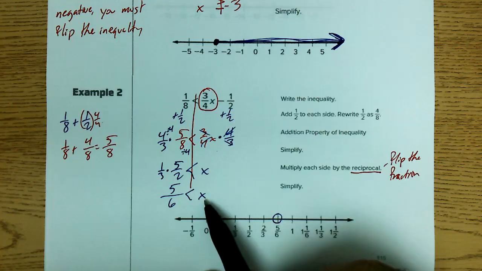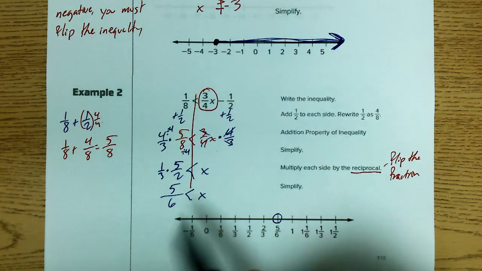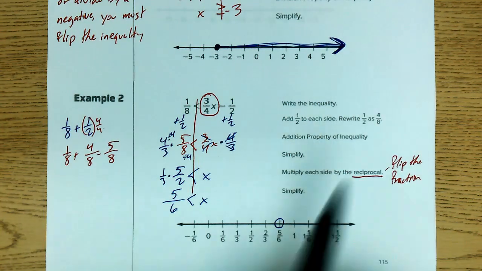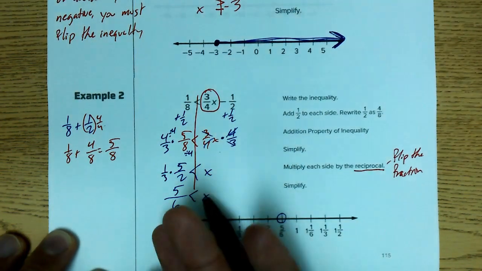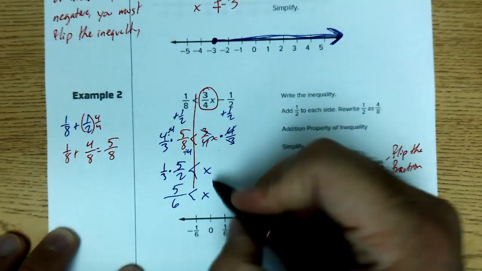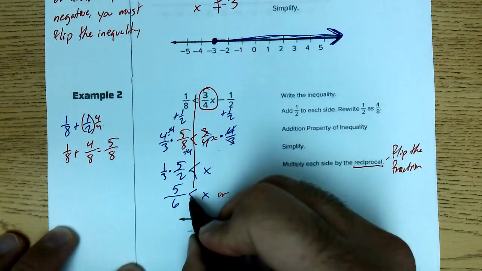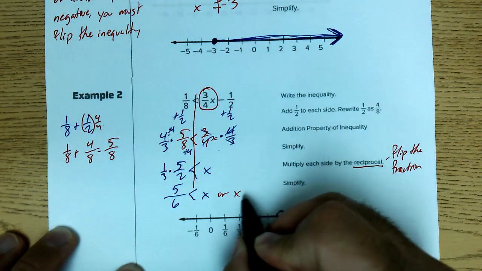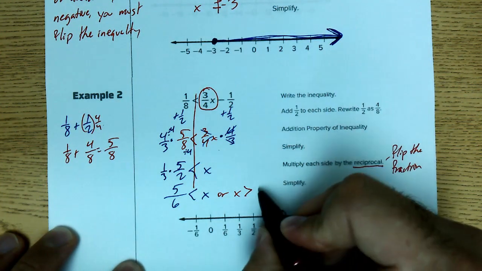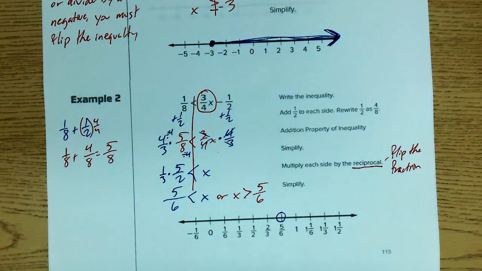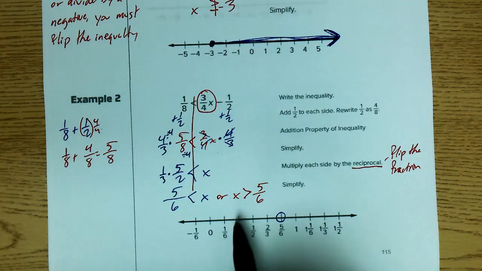X is on the right, so we can't use the which way the arrow pointing thing. What we can do is we can flip our entire problem. We're going to flip the entire thing. So this is also x. I'm putting it on the left-hand side, so I'm going to flip my inequality: x is greater than 5/6. All right. So now my x is on the left. I get to go the way the arrow points. It's pointing to the right,